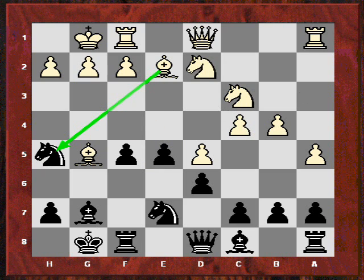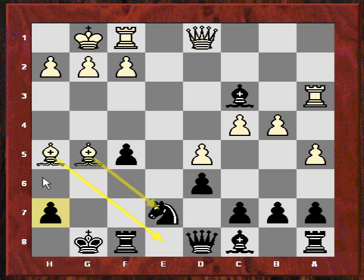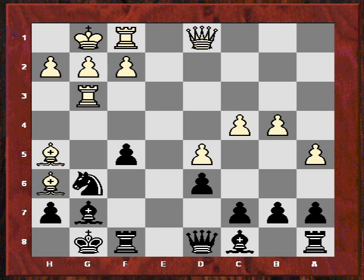But actually I looked a little bit deeper here at knight takes e5, and I have to show you some fascinating variations. After bishop takes e5, bishop takes, it seems white's just losing a piece here because of the bishop takes c3, but actually rook a3 seems to be quite a powerful resource, even though white's a piece down. Black's king is a little bit shaky here, and these bishops are kind of dangerous. So let's see, for example, bishop f6, bishop h6,